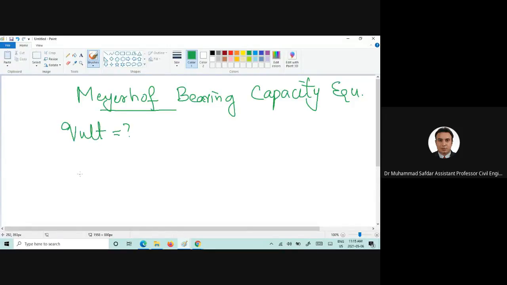But we need to find out a few factors here. For example, we need to find out the bearing capacity factors, the shape factors, the depth factors, and the inclination factors. After that, using those, and the value of B prime, we will use the effective dimension, and then we will come up with the Q ultimate, and we need to compare whether it's going to give us the factor of safety 5 or not. So first things first, let's start with the